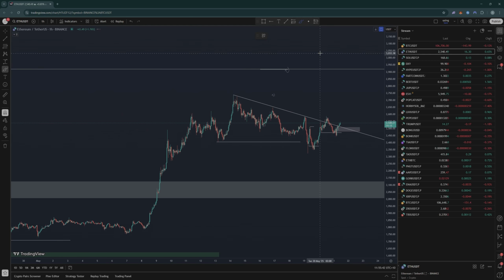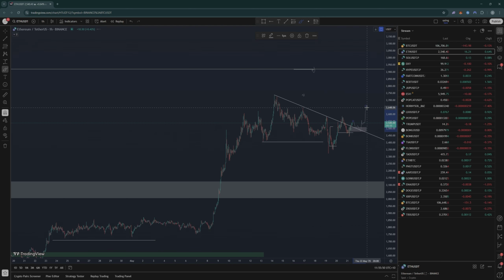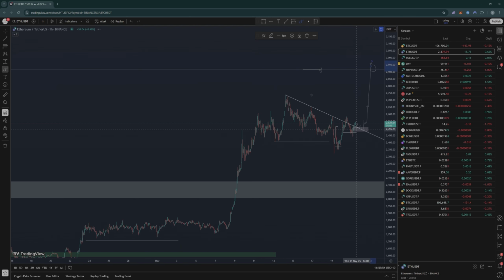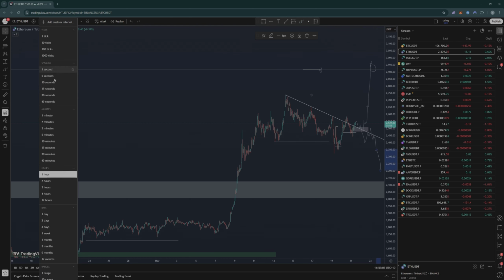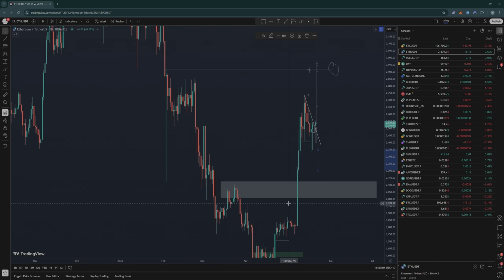So just like Bitcoin, Ethereum has two scenarios. The first scenario is that these lower time frame levels are maintained and we get more accumulation and we can head up towards 3K. I think that's the more likely scenario. Or if these levels start to break and then we get more distribution and Bitcoin follows suit, then expect a move down. Again, that move down is not bearish at all, man, right?